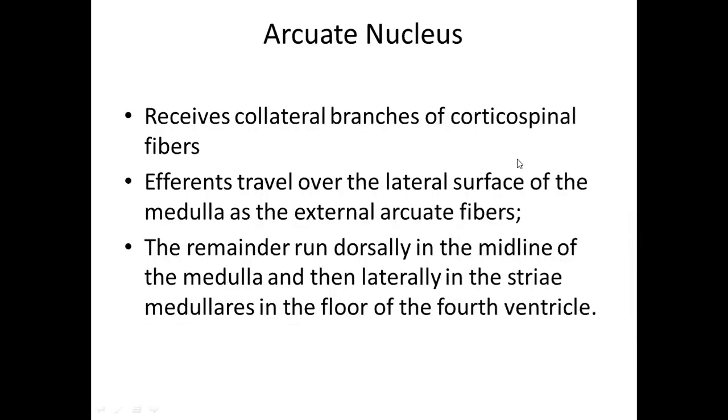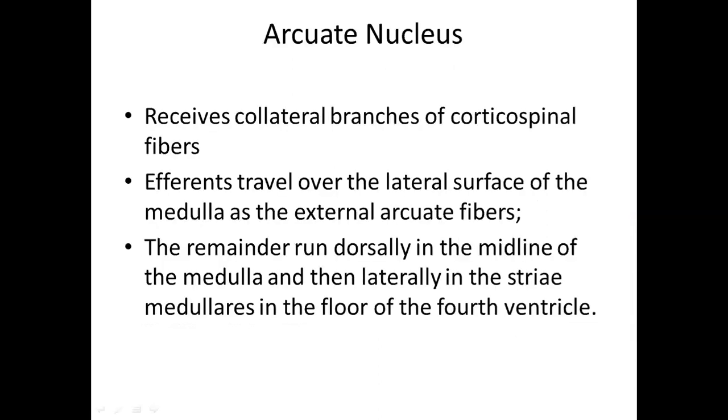So what is the arcuate nucleus? They receive collaterals from the corticospinal fibers. Efferents travel over the lateral surface of the medulla as external arcuate fibers, and the remainder run dorsally in the midline of the medulla and then laterally in the stria medullaris in the floor of the fourth ventricle. So the arcuate nucleus gives rise to the external arcuate fibers and the stria medullaris of the fourth ventricle. So that's all. The next topic